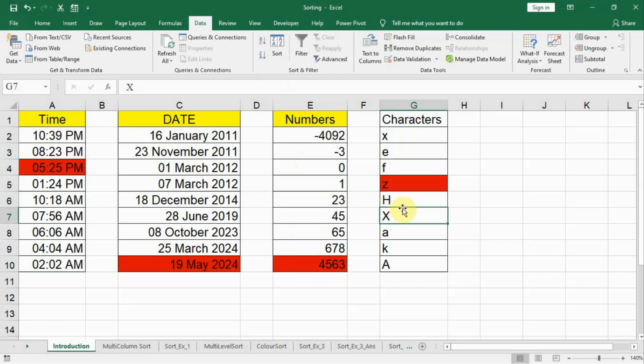Let us try to do the same with the characters and see what happens. When we click A to Z here, you see the character on the top is also a character type of data, like all the others, so it also gets included in the sorting. The order is C, then small a, then capital A, then small c, then capital C. It moves to the third position. Let us press Control Z to undo.